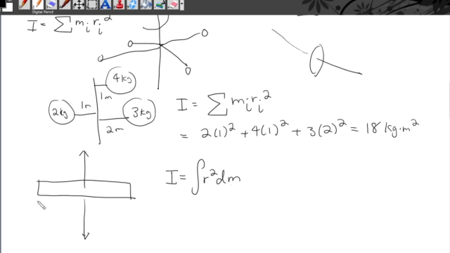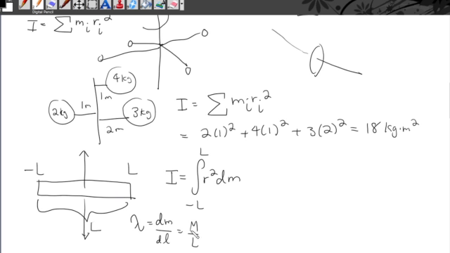So let's say that this rod has length L. Since this is the axis, let's say we have an x-axis as well, and this end is L on the x-axis. This is 0, and this is negative L. Well, then we can just integrate from negative L to L. And if it has a constant linear mass density, that's denoted by lambda, and that's equal to dm over dl, or also m over L since it's the same throughout the rod,